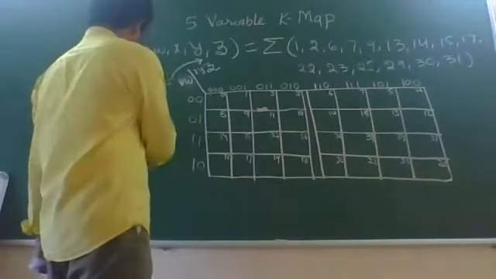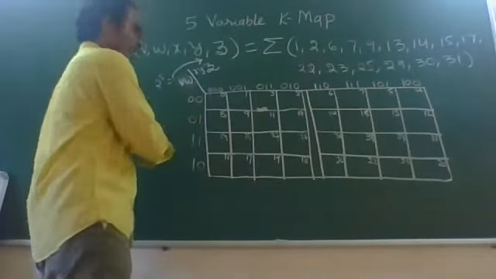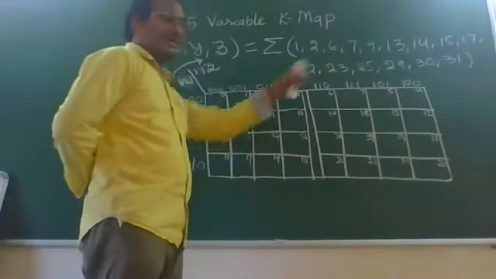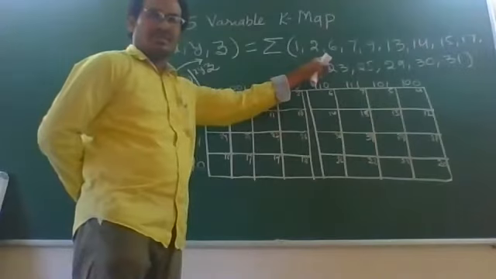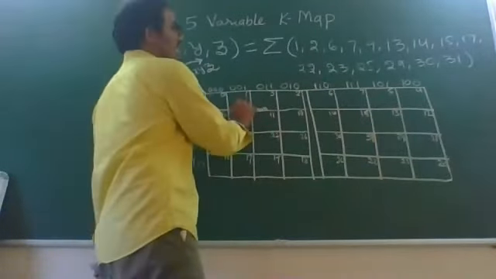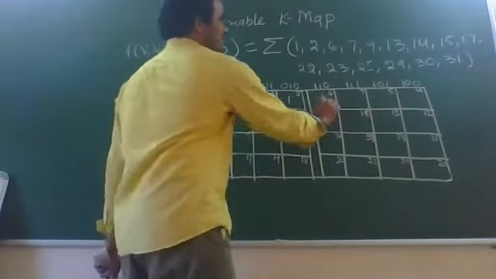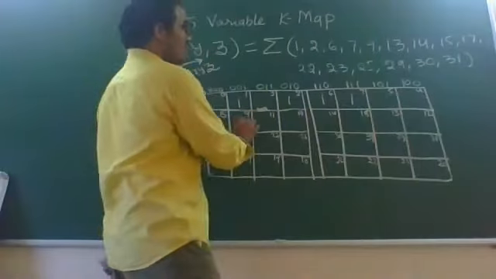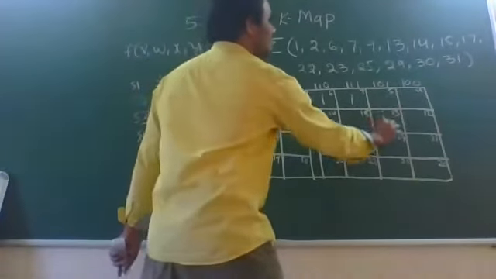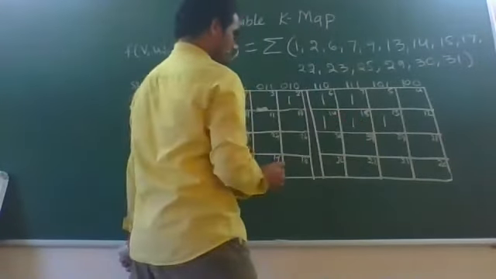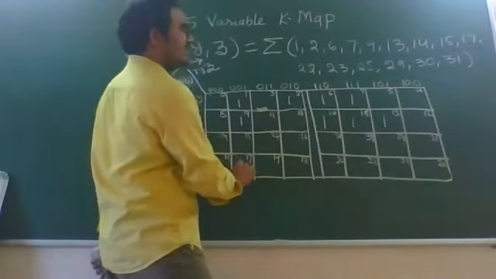The next step is step number 4. Here we have to place ones in the cells that correspond to the minterms. The procedure remains the same. So here the minterms are 1, 2, 6, 7. After this we have 9. After this we have 13, 14, 15. Next 17,